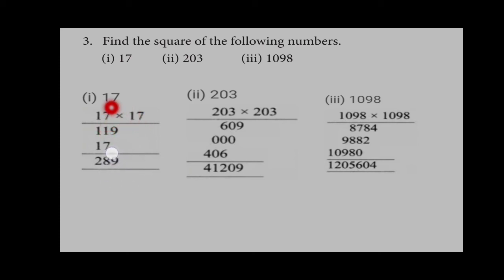So if they have given 2, we have to multiply with 2. 8 means we have to multiply with 8. Here 17 is given, we have to multiply with 17. 17 into 17. So